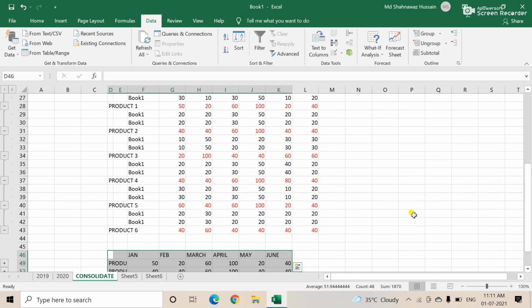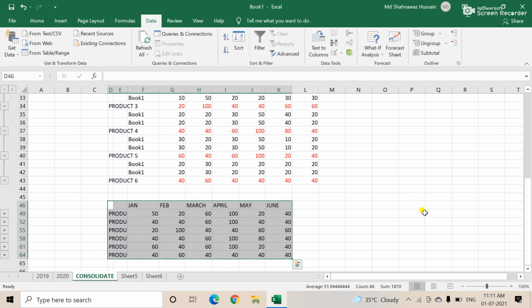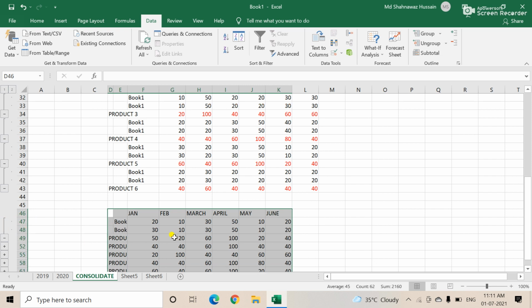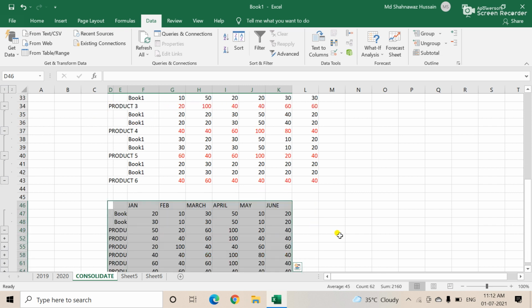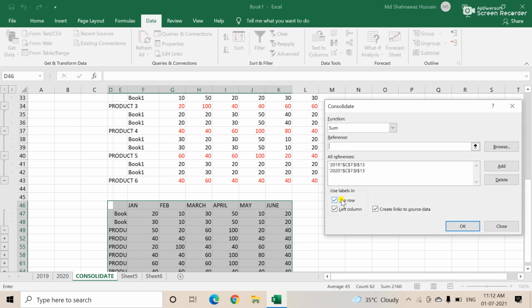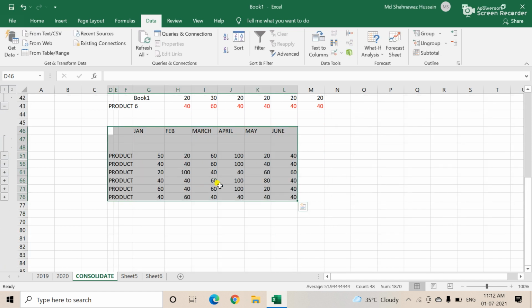See here, I already applied the row wise. In the case of row wise it is also coming. See, in the case of part C the January to June is not coming, but when I click the second one, meaning the top row and the left column, this is the left column, and the top row means this row is already coming.